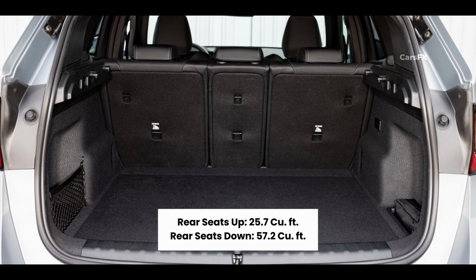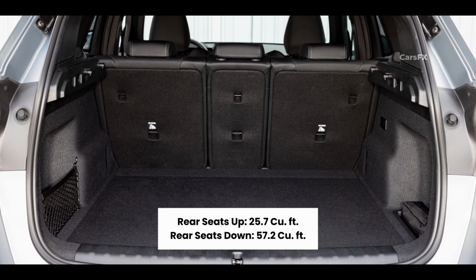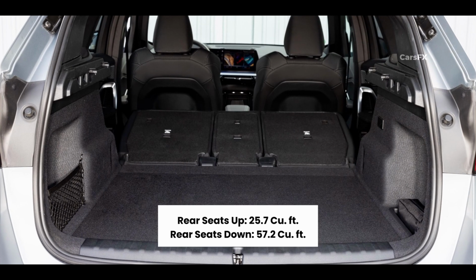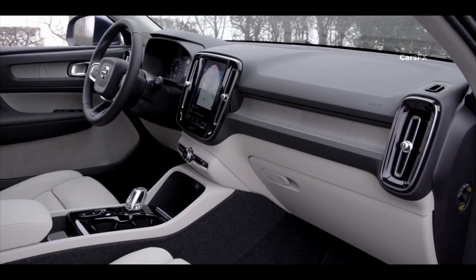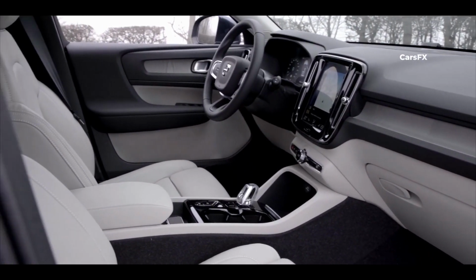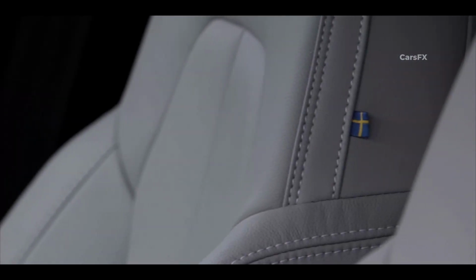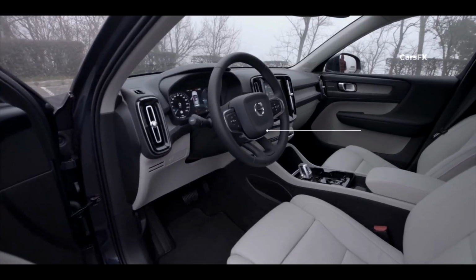Cargo space is generous, with a side net to store small objects. There is a total of 26 cubic feet behind the rear seats and 57 when they're folded. Although the XC40 is smaller on the outside than the X1, they are virtually identical inside apart from some extra headroom in the BMW. The XC40 has adequate space inside for 4 occupants to ride around, and the seats both